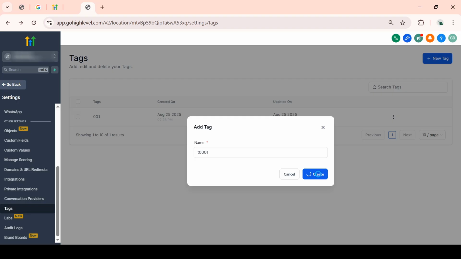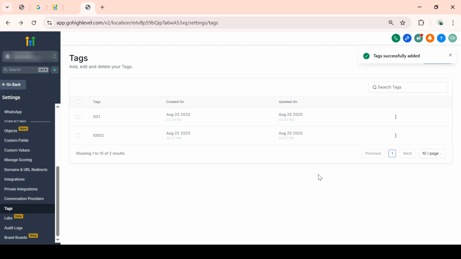Before we wrap up, here's a quick tip. Regularly review and update your tags to reflect any changes in your workflow or organization. This will ensure that they continue to serve their purpose and make your work more efficient. And that's it. By following these simple steps, you can easily create tags that will help in organizing your Go